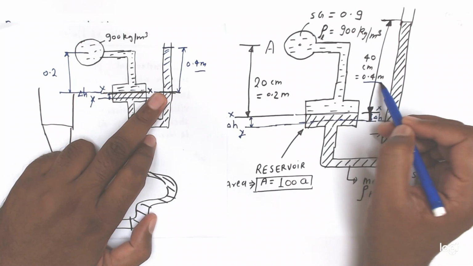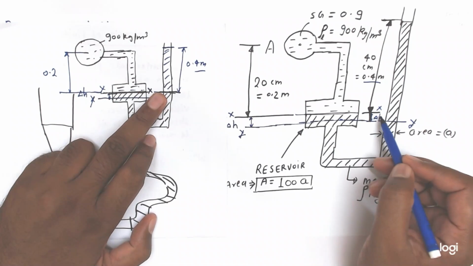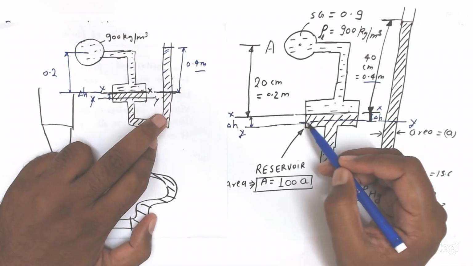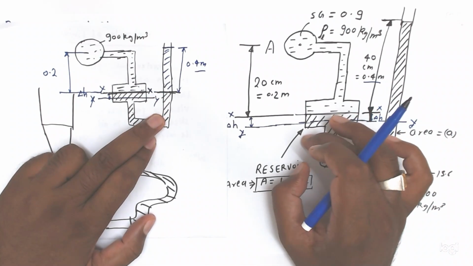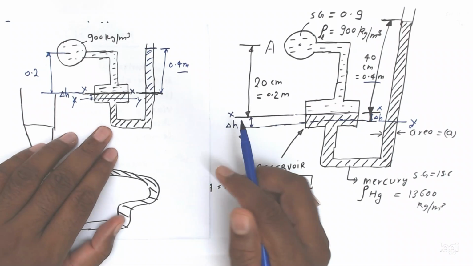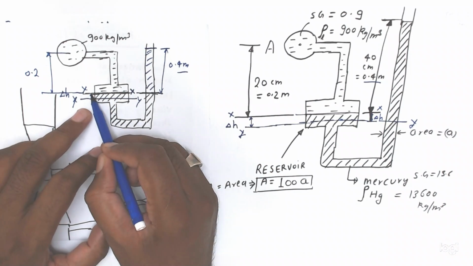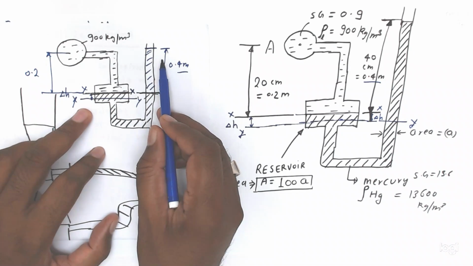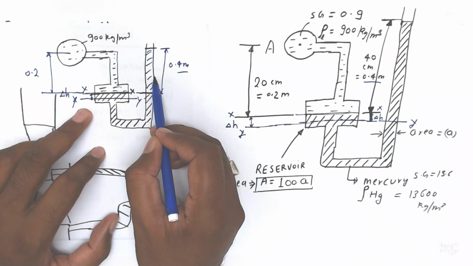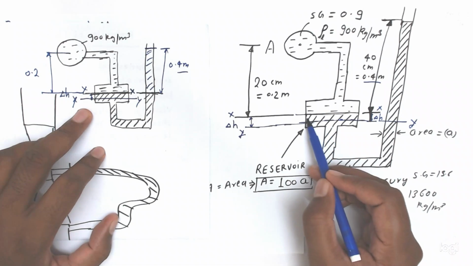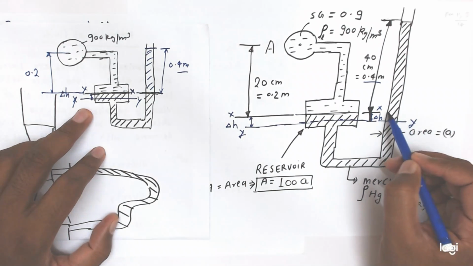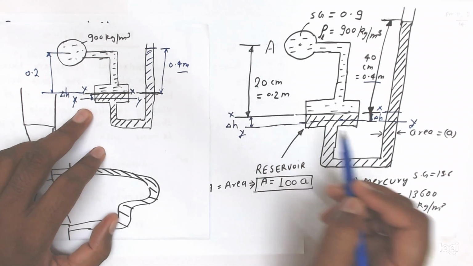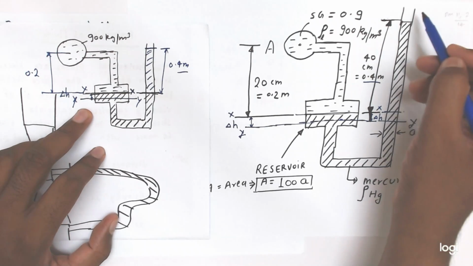Okay, friends, getting clear? Now we have to find this delta H value, because of this pressure it is going down. It is not given how much it is going down, so we have to find this delta H value. Friends, whatever volume is going down here, the same volume will rise here. This volume and this volume will be the same. Similarly, whatever volume is above this level, the height is given as 40. So area into height is equal to the area from here into height.